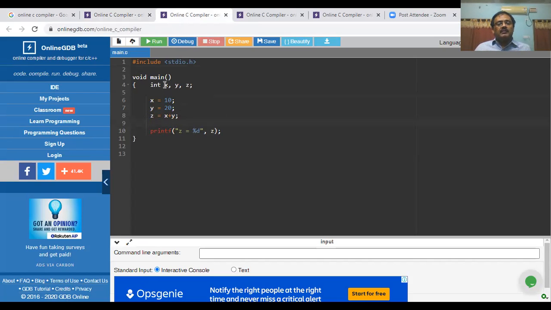I am declaring the variables x, y and z as integer variables, and in separate statements I am assigning the value 10 to the variable x and 20 to the variable y, and performing addition of x and y, assigning the result to z. Finally, printf. Let us run and see the result.